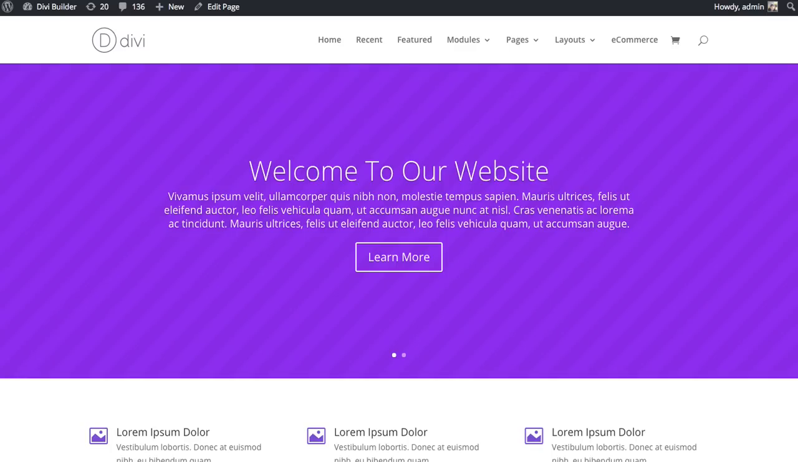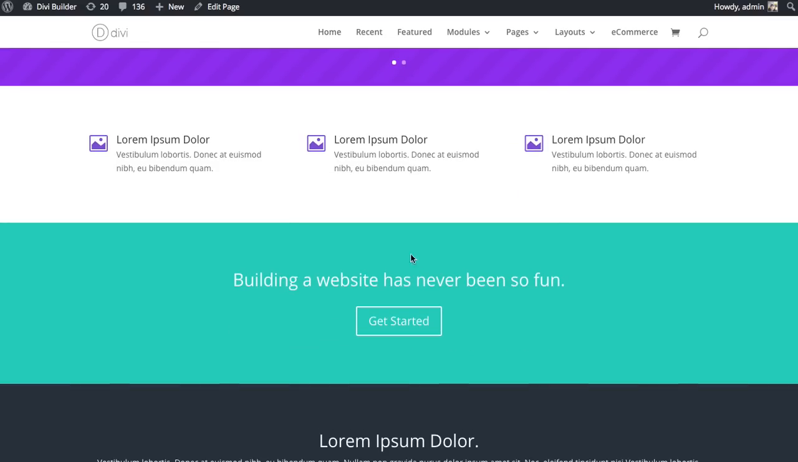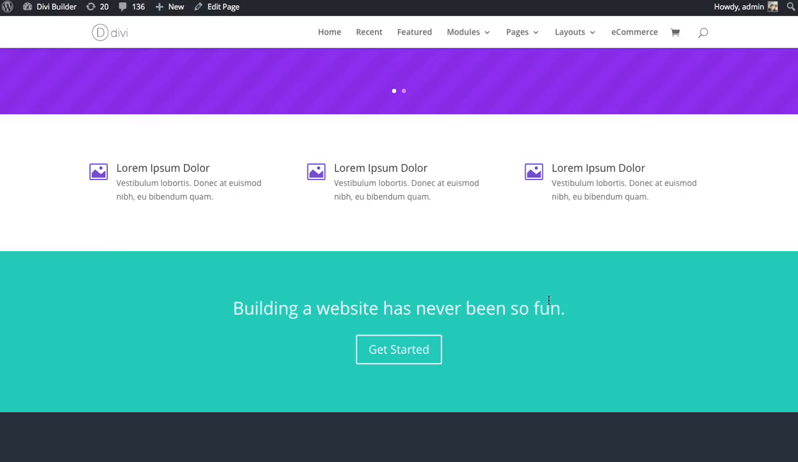In this tutorial, I'll be showing you how to use the Divi Builder button module. You may have noticed that several of the Divi Builder modules already come with buttons. For example, the slider has a button, as does the call to action. But sometimes you just need to create a button all on its own, and that's where the Divi Builder button